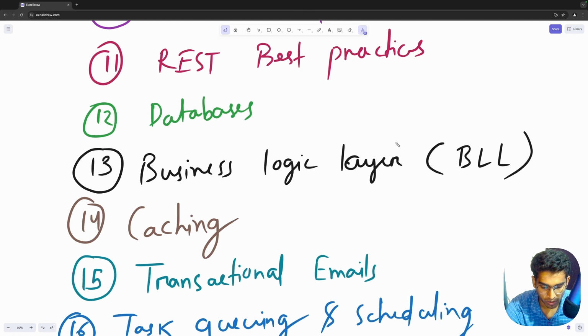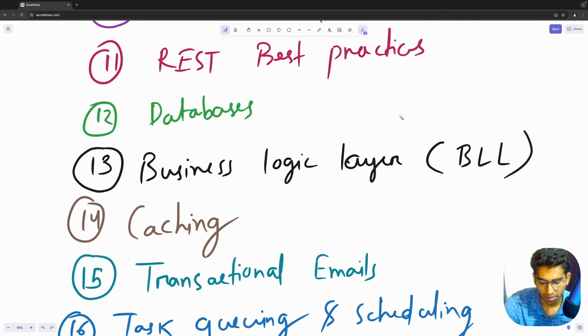What are the components of a business logic layer? For example, we have services, and we have domain models, which represent core entities like a user or an order. Then we have business rules, then we have business validation logic. We'll look at service layer design best practices. We'll look at how to handle errors properly and how to propagate those errors from our service layer to our presentation layer.